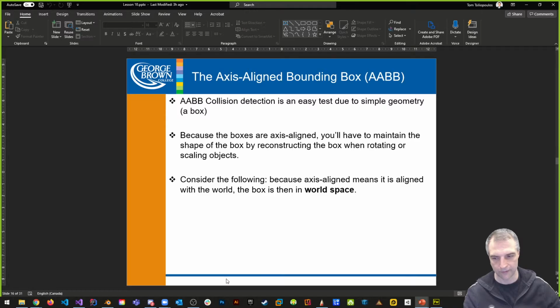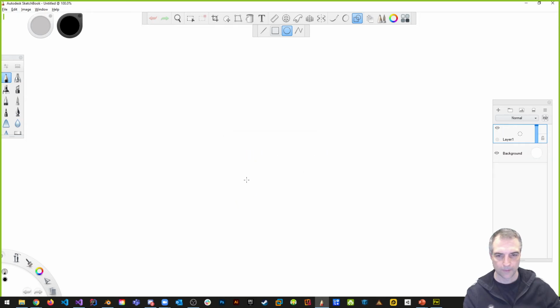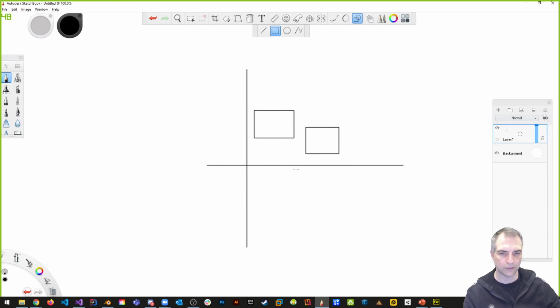All right, so if I was going to draw this out here, let's just get rid of that shape. And let's suppose I have two axes, the y-axis and the x-axis, right? And I have two shapes. The first shape is over here and the second shape is somewhere over here. Then if I draw lines from the verts of this shape to the x-axis, and the verts of this shape to the y-axis, like this,